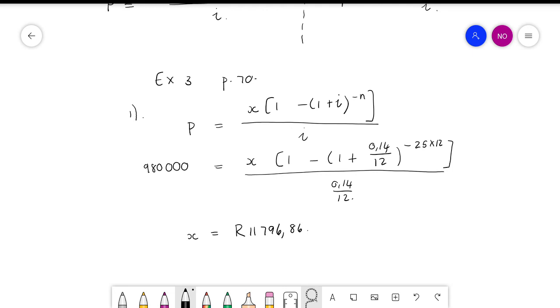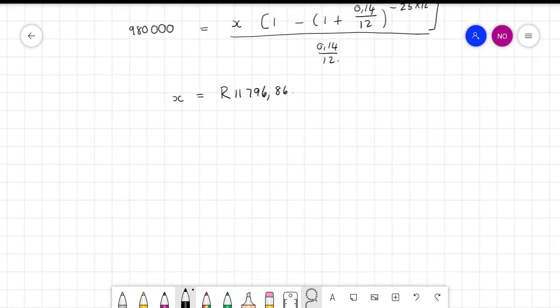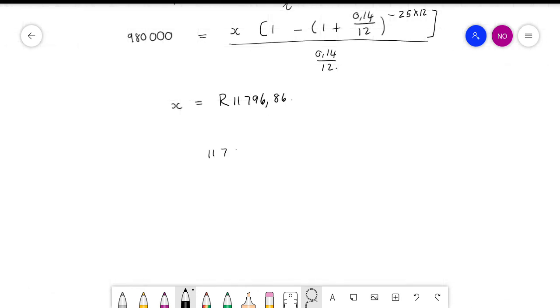Okay, let's quickly, they didn't ask for this, but let's see how much they will actually pay. Because remember, you pay off that 980,000 rand, but you also pay off interest. So, let's say she paid this amount